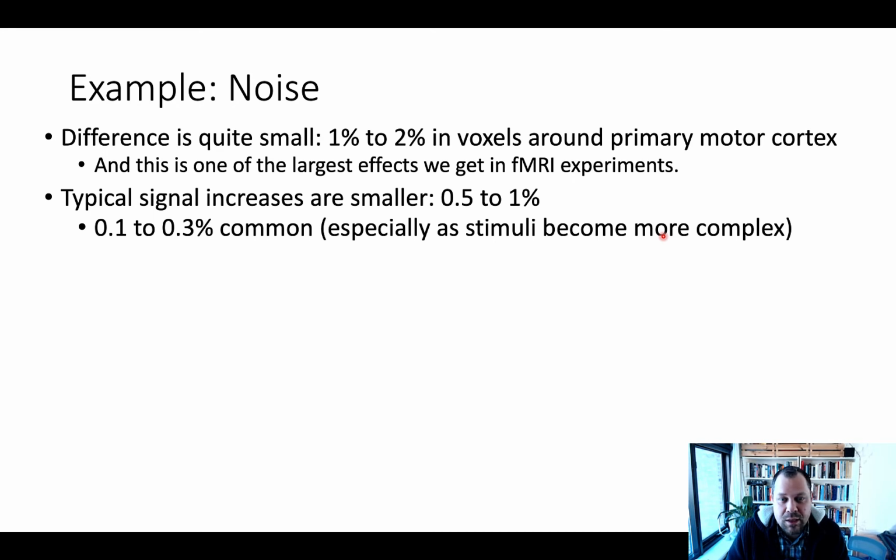So it's kind of like a control on whether you are creating the right regressors with the right timing, because that is, again, one of the largest signal changes that we observe in fMRI. However, when we look at cognitive or affective tasks, signal changes are typically much smaller, in the order of 0.5 to 1%, and even smaller when it comes to stimuli that are more complex, such as, let's say, economic stimuli,